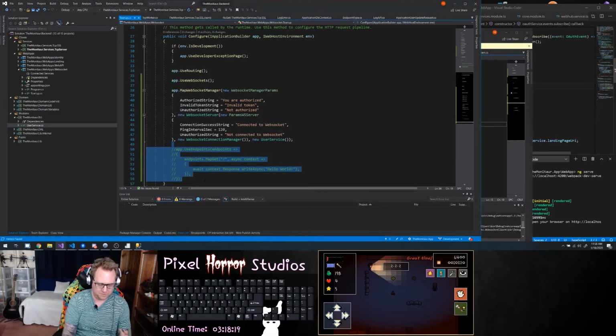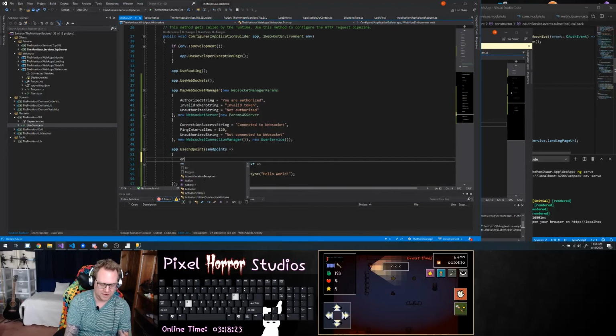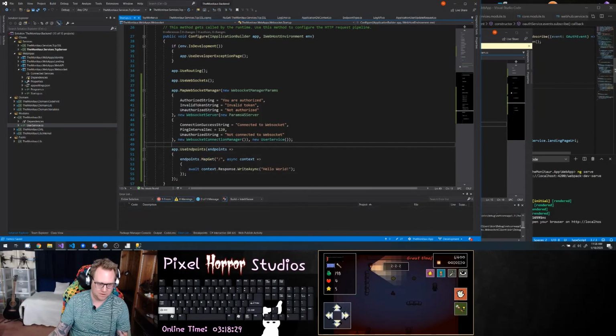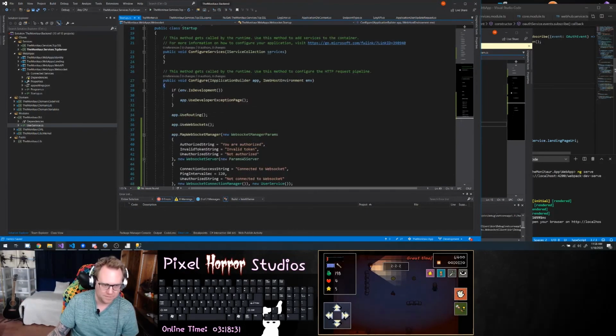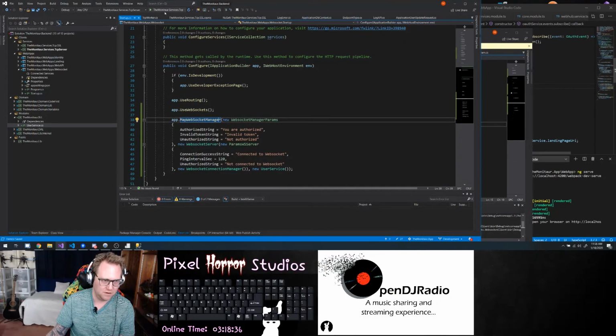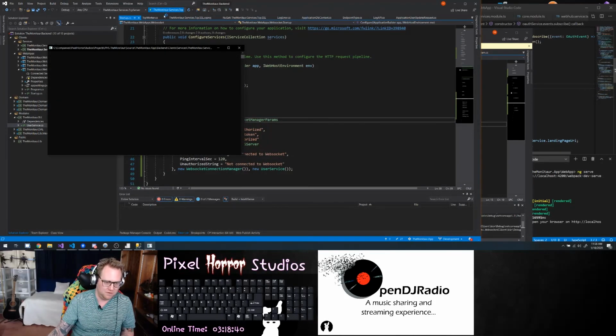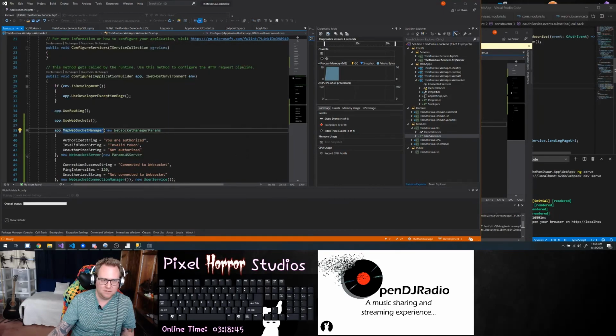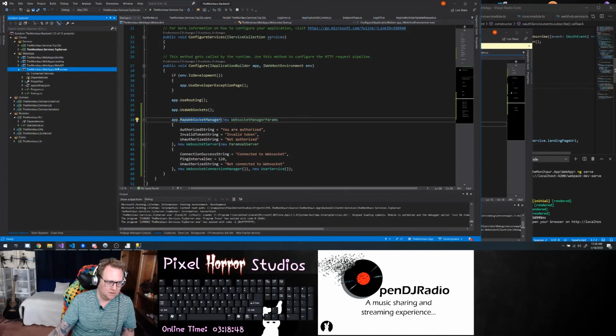Now, if I look at this one really quick, is it supposed to be endpoints.use WebSockets? No. And that should be it. So now when I connect this, you can see if I start the web app,